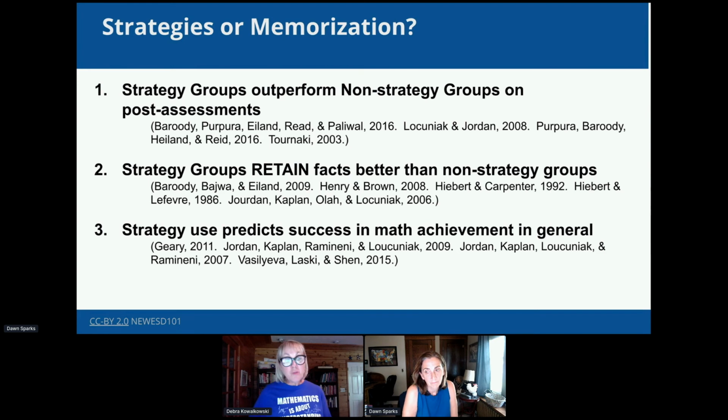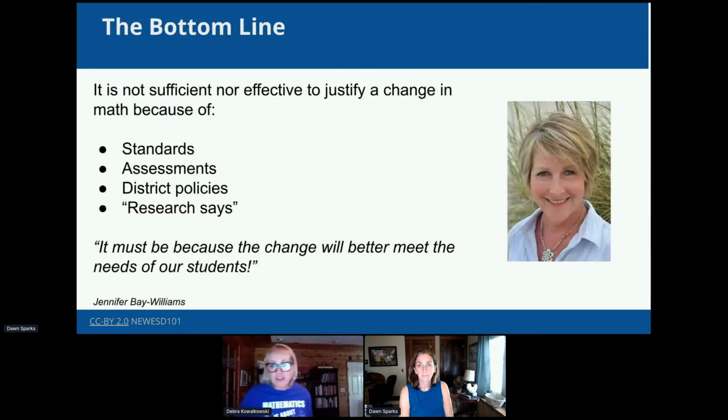It's a tool that you might want to use either in your building, on a grade level team, or with parents. And with that, we want to give the due credit to Jennifer Bay Williams for putting this together and sharing that research. And one of the things that she calls out is, while all of those bullets are important reasons, okay, we need to change math because of standards or assessments or our district policy or research says, those are all great things. However,